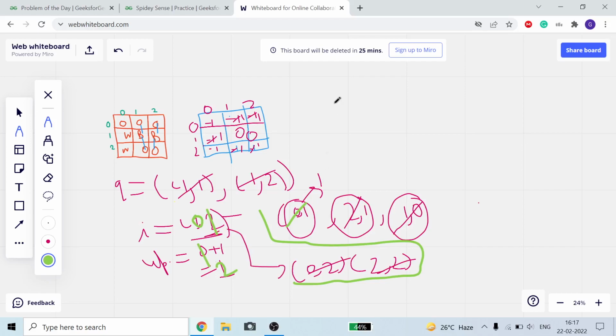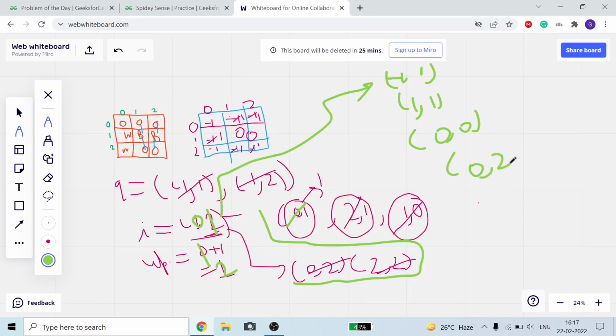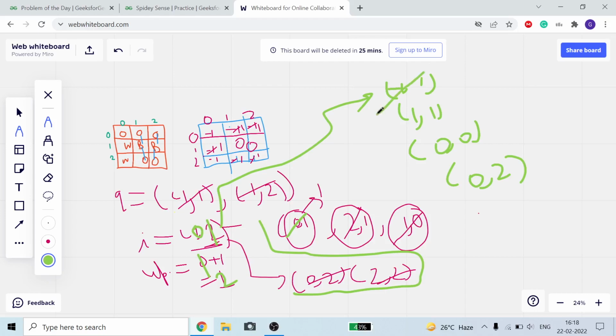From 0 comma 1 we can go to minus 1 comma 1, we can go to 1 comma 1, we can go to 0 comma 0, and we can go to 0 comma 2. So minus 1 comma 1 cannot exist because index cannot be less than 0.